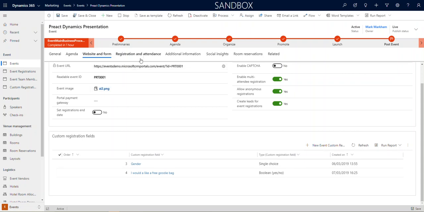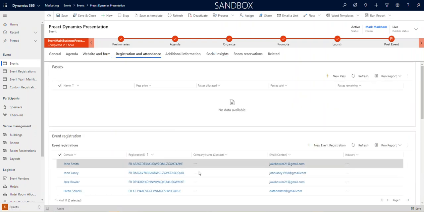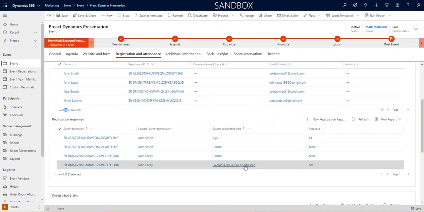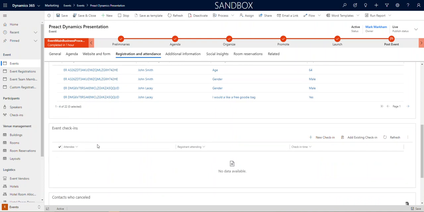So these details are in here. Eventually when people then register, you'll then start seeing, so those 11 people that have registered that we saw on the main screen, there was a roll up of 11. It's these 11 people here that we see. These are people that have gone on our website and physically gave us their details to register to attend this event. Any responses in here, and again when we start checking these people in, eventually you'll see those in here,